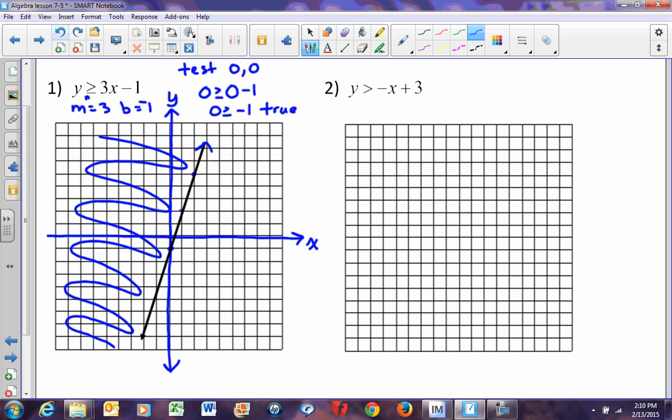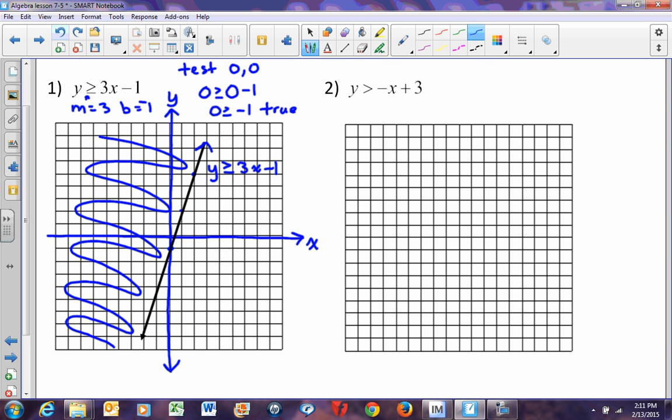Okay? And of course, you should label your graph. Y is greater than or equal to 3x minus 1. So you graph originally just like you graphed before, making sure you pay attention whether it's a dashed or a solid line, and then you shade to tell me where. So now what this is saying is any point where I have shaded is a solution to this inequality, and